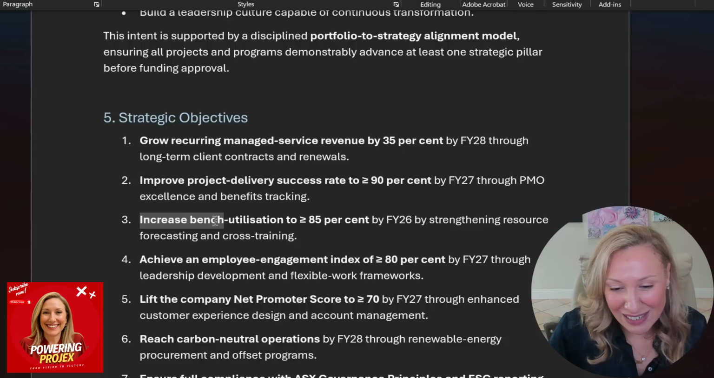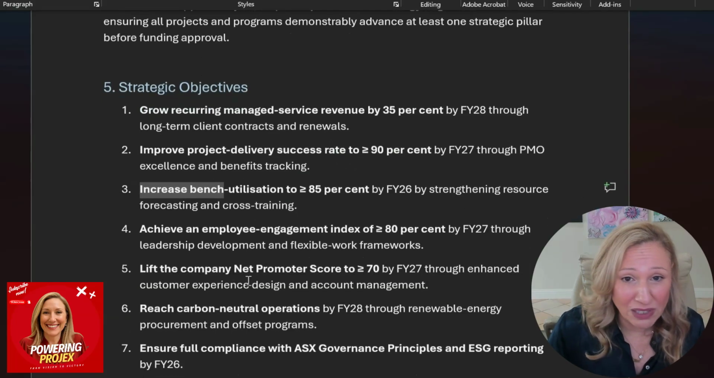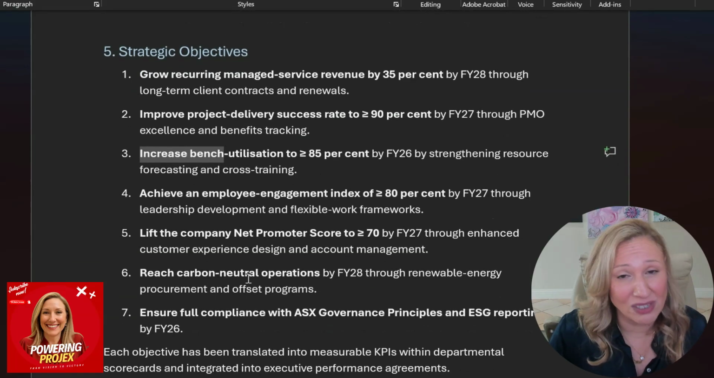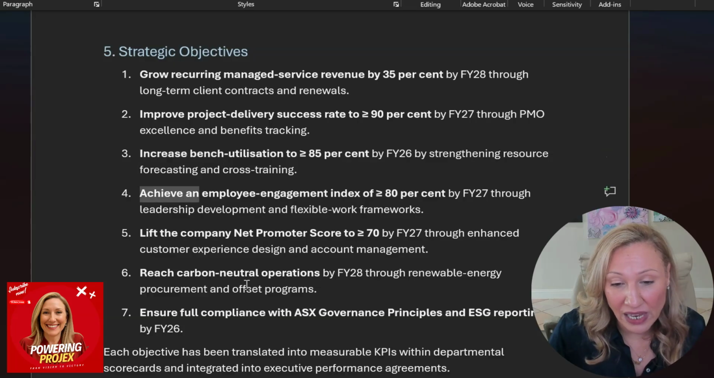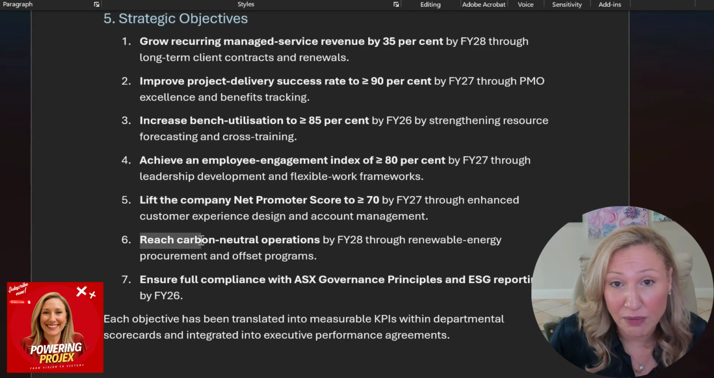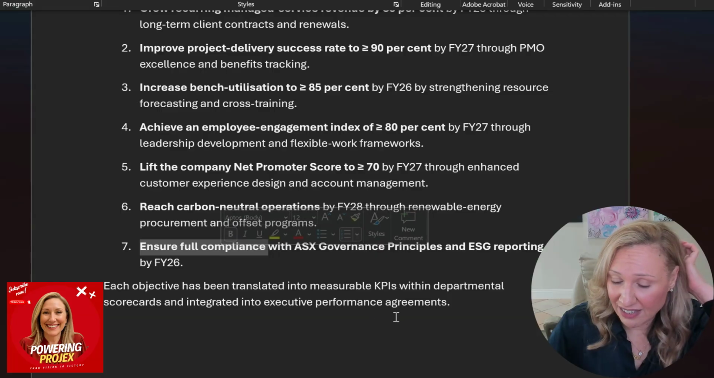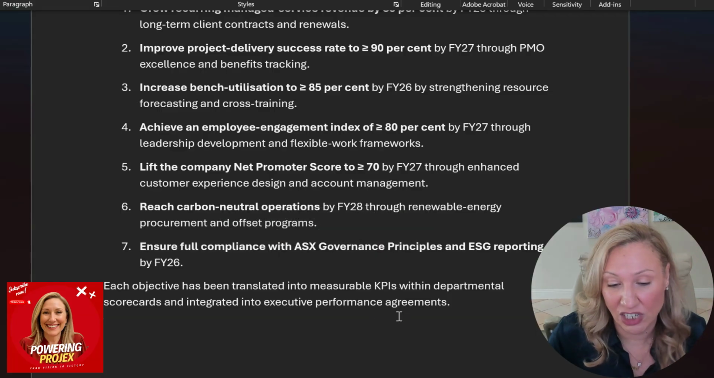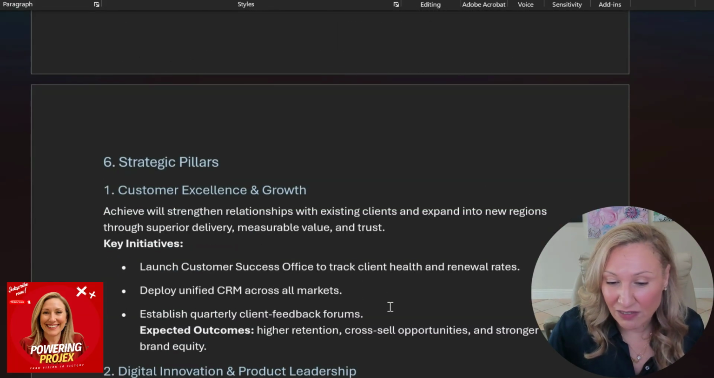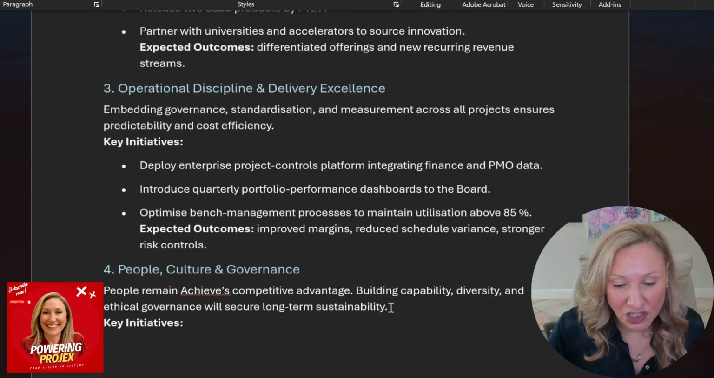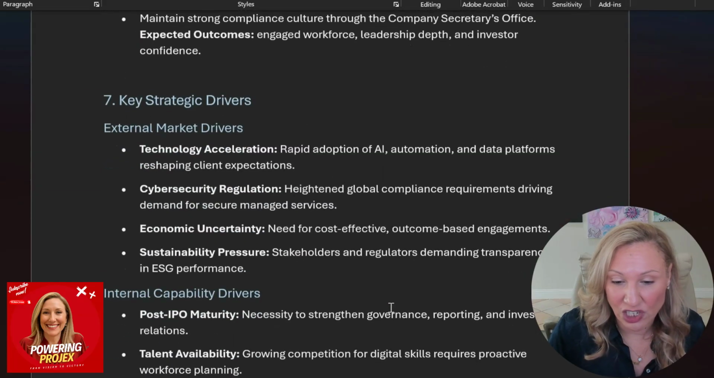Then we're going to increase our bench utilization. So I really want to make sure that we are using our resources as well as we possibly can. I want to achieve an employee engagement index of about 80%. I want to lift the company's net promoter score. I want to reach carbon neutral operations, and I want to ensure full compliance with ASX governance principles and ESG reporting. So I wanted to give it just some really clear objectives about what I want to achieve, how I